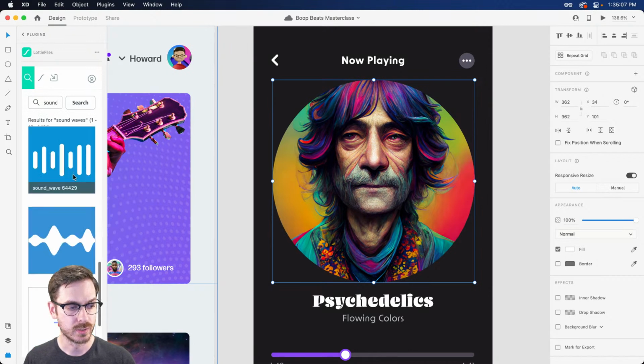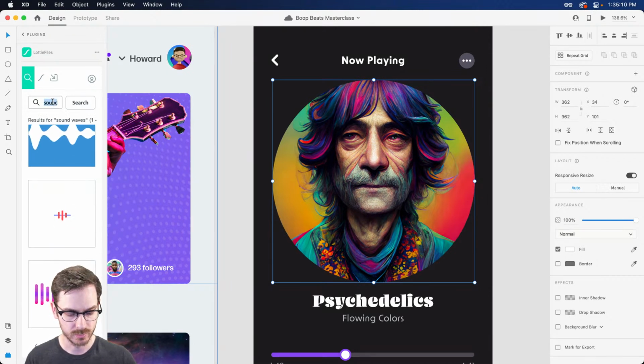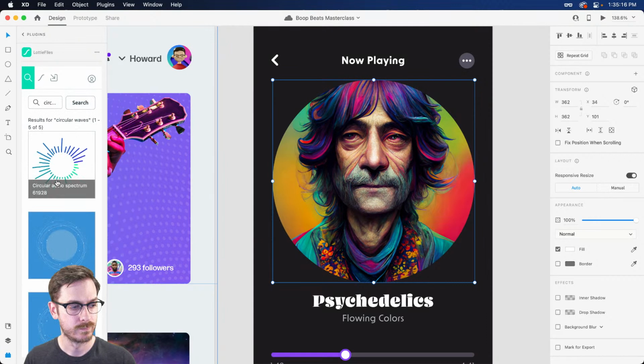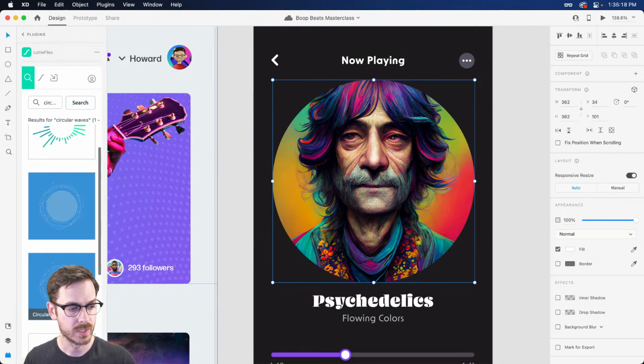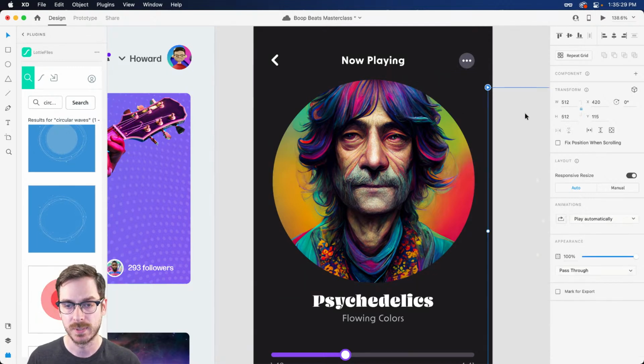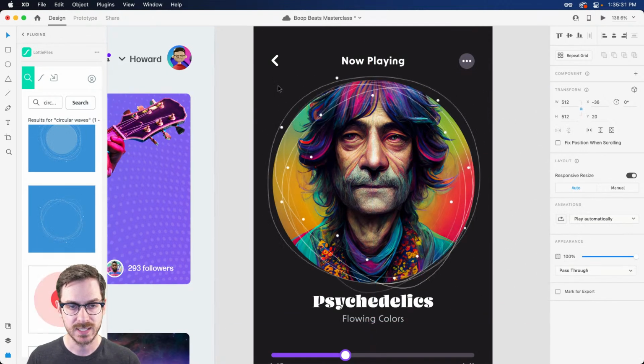and we're going to look for a circular one, right? Maybe circular waves, something like that. Let's try that. There we go. So we have some basic ones. Now these are free, so you're probably not going to get very high quality premium Lottie animations. They do have premium ones on the Lottie Files website, but something like this you can definitely add in to